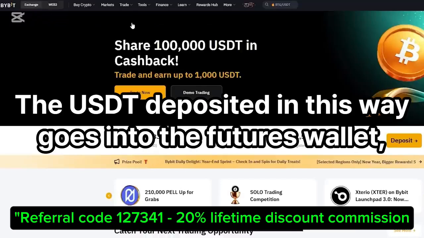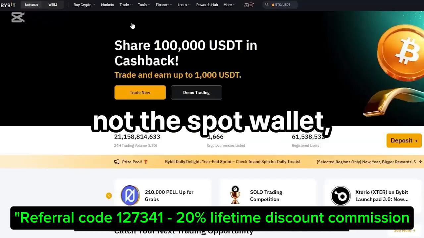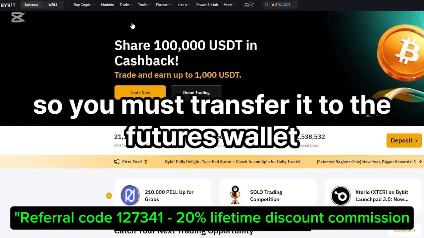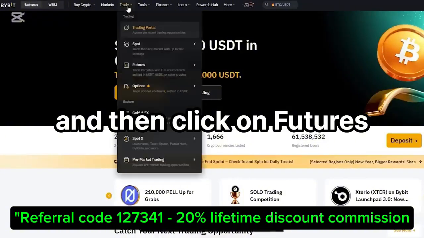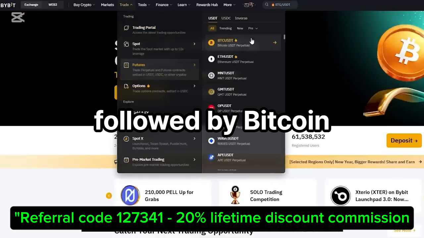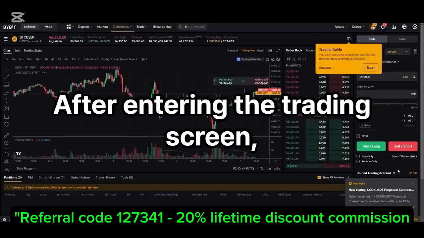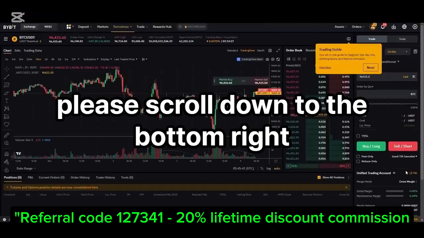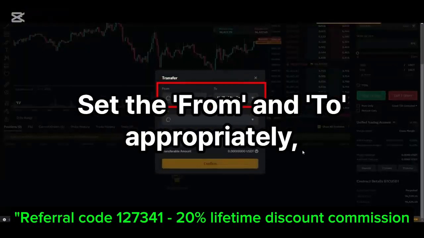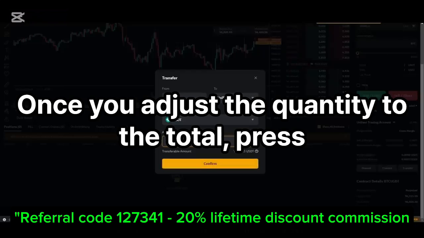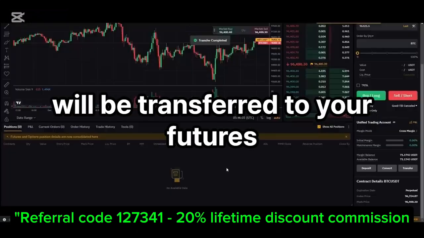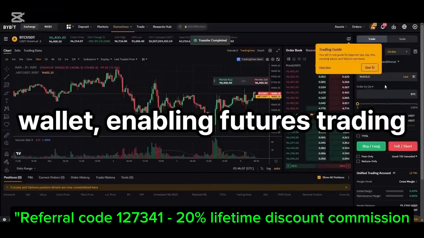The USDT deposited in this way goes into the funding wallet, so you must transfer it to the futures wallet to be able to trade futures. Return to Bybit and then click on Trade at the top, followed by Bitcoin. After entering the trading screen, please scroll down to the bottom right and click on Transfer. Set the from and to appropriately, and I will set the coin to USDT. Once you adjust the quantity to the total, click the button and the Tether will be transferred to your futures wallet,